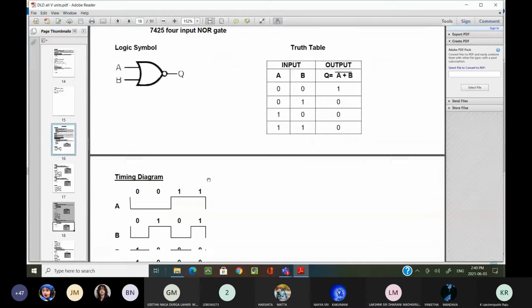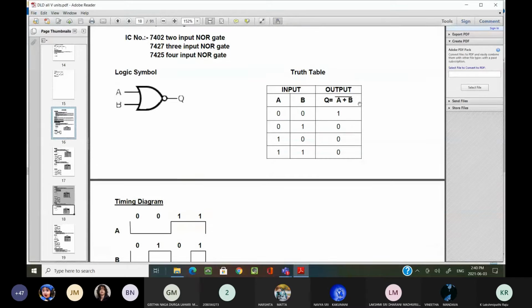Now, coming to the NOR gate, it will perform the reverse operation of OR gate. This is also we have seen, the logical expression as well as the logical symbol. I hope you are writing these logical symbols as well as the truth tables in your running notes. If you are not writing, after completion of the class or after today evening, you can note down. Open any online resource, and write down each and every gate in your running notes from basic gates to the special gates we are discussing in today's session.